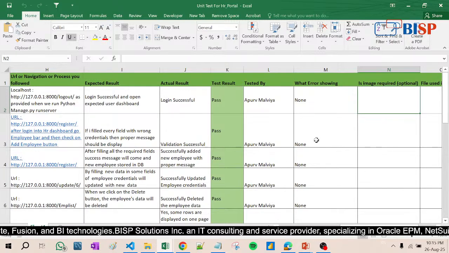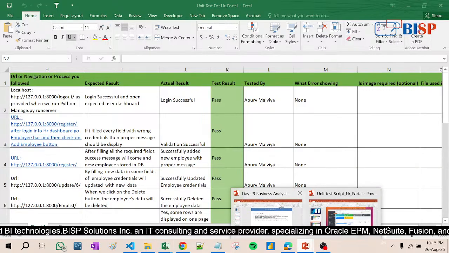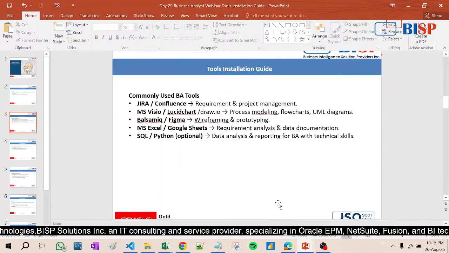So this is a repetitive process. Now if I show you this, we have already discussed it in our previous sessions. Now Figma is done, Google Sheet is done. Now SQL, Python optional. SQL, Python optional, the reason is that, suppose, for example, let me give you one